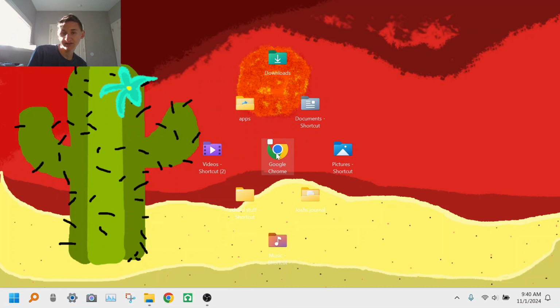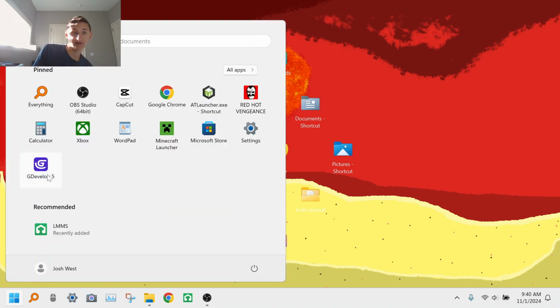And as you see, you can also drag this around and move it. I recommend moving your shortcut for your browser to the middle of the screen so that it's easy to access, because this is going to be the thing you're opening up the most on your computer. Next, what we're going to do is we're going to go over here and we're going to create shortcuts to grab all our apps that we use daily. So any apps that you can think of that you would use daily, I recommend you pin to the start